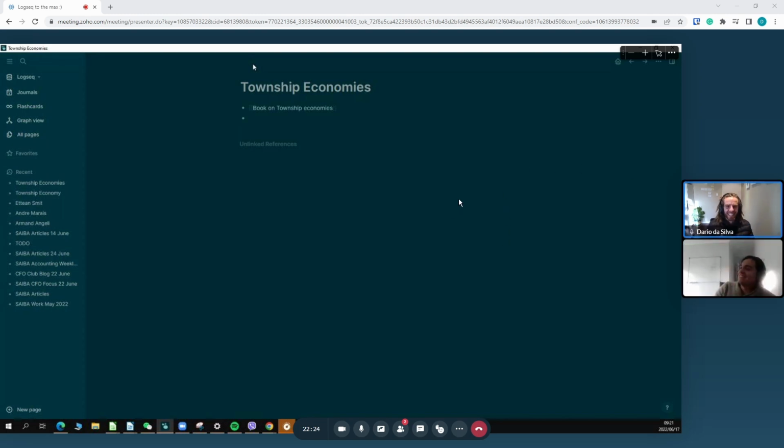So I started reading this book, and I actually think I might end up doing a video on this, because there's just so much amazing information in here. The authors spent 10 years documenting 9 different townships throughout South Africa. And when I say documenting, they went to every micro enterprise in that township, mapped it out, spoke to people, collected data, and backed it up so they had that quantitative side, and then also the qualitative side, where they did a lot of interviews